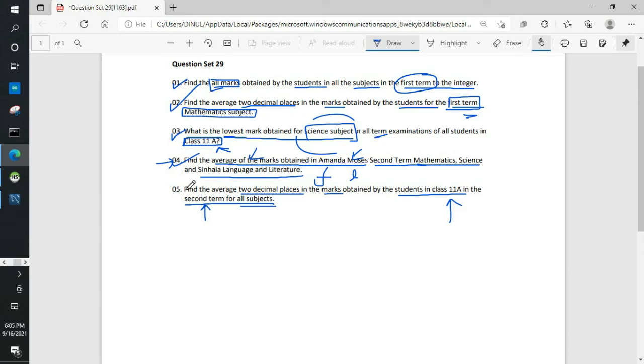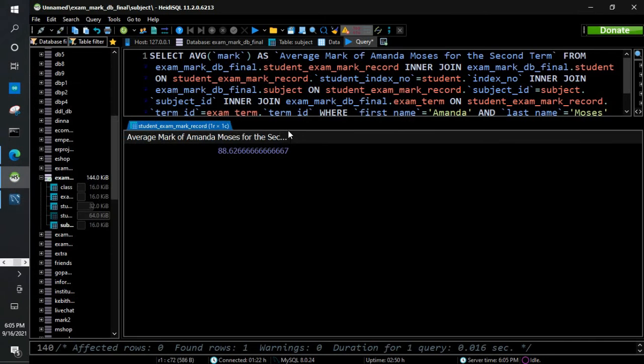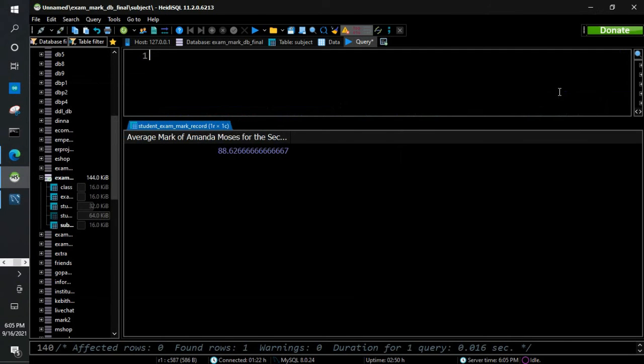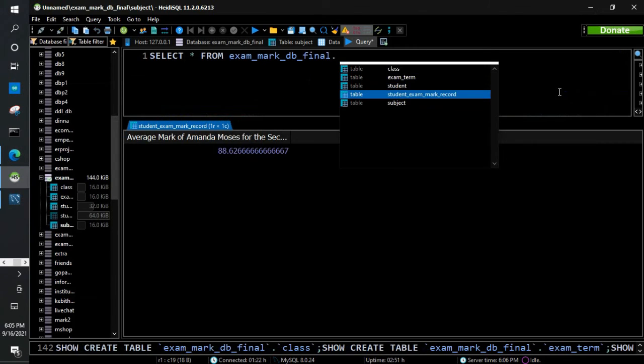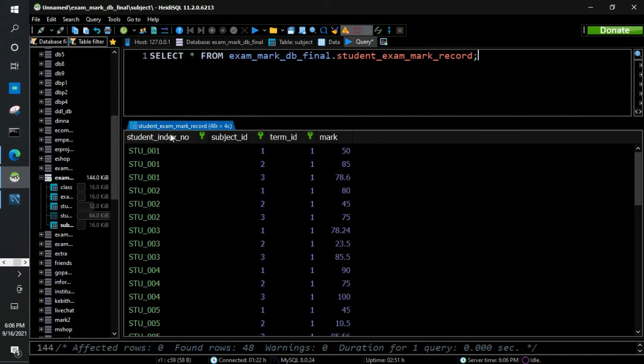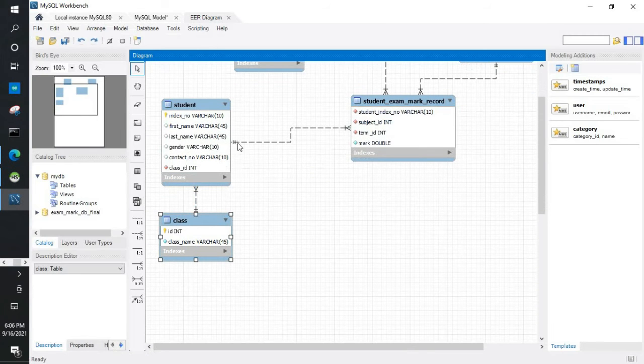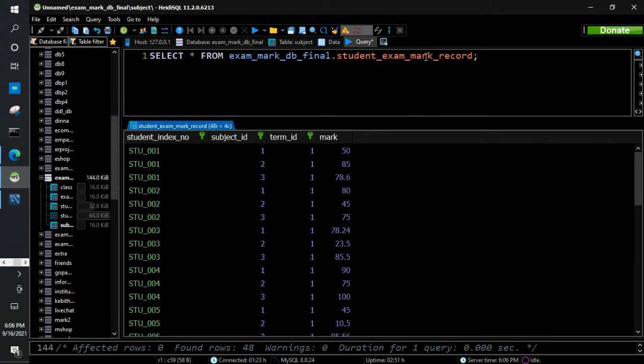So for the 5th question, I'll be using the theory of inner joins. So just closing all of this. Select all from. Now we have all the marks. So my first step is getting this table as the answer. Then my next step is inner joining the student table, because I can't get to the class table without joining it to the student table. So inner join